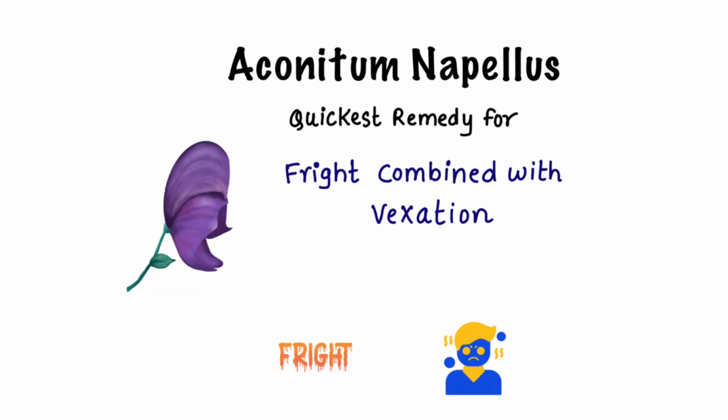Aconitum napellus is the quickest remedy for fright combined with vexation. If we learn Materia Medica Pura in this way, it will help us to select a proper simillimum for a given case. So this was all about the introduction part of Aconitum napellus given in Materia Medica Pura. The introduction part which is given in Materia Medica Pura is in detail. It has so much to learn and so much to know, and we must read all symptoms written by